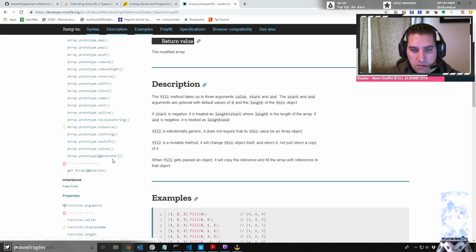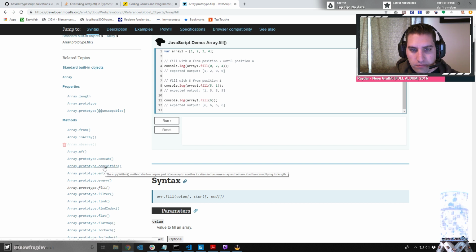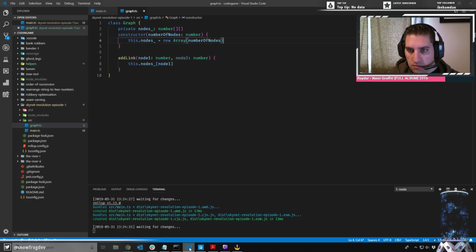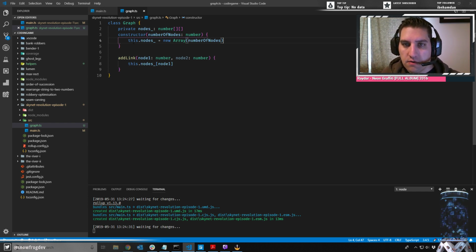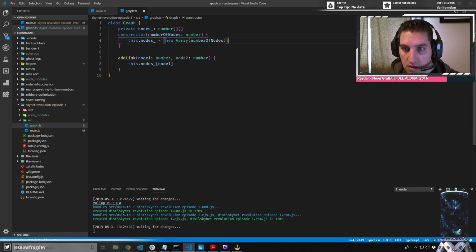Let's see, what other ways do we have to create an array? Oh, I know. This, and since we don't care about performance or any of that stuff, well, I guess array.fill would do the exact same thing, but here's what we could do. So new Array(number of nodes). So we've got an array here. And then, actually, I think I don't even need the new,